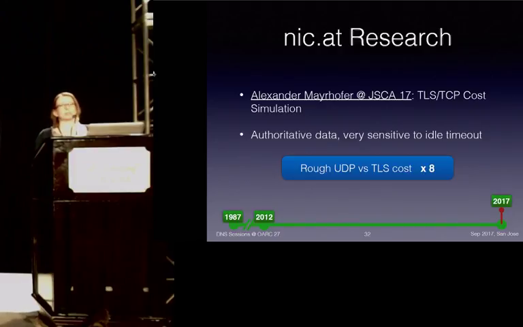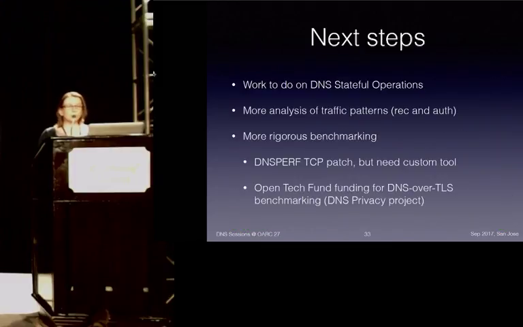Now, this is really quite a theoretical figure, and what we need is the research to back this up. So, in my opinion, the next steps are: I think the DNS OP working group really needs to look at stateful operations and decide the direction it's going in. I think we need much more analysis of traffic patterns, both to recursive and authoritative, to see where sessions could fit in. And I think we really need rigorous benchmarking to actually back up some of the figures that are